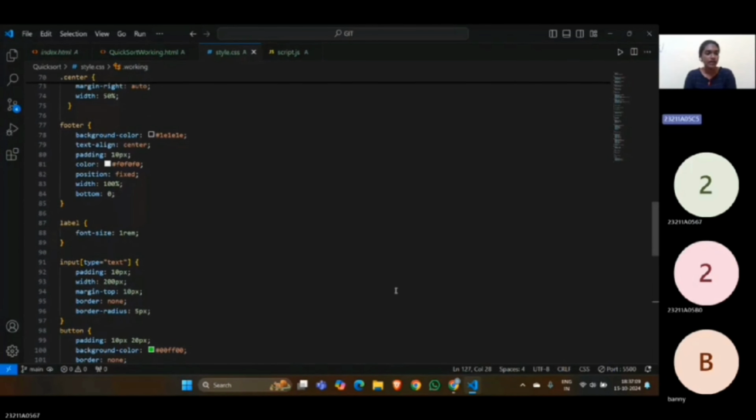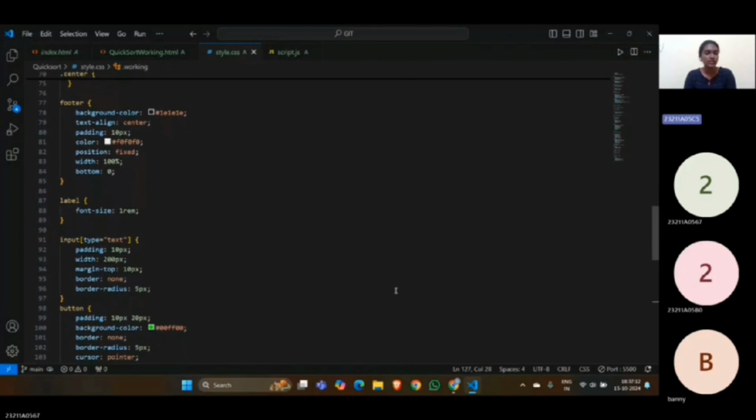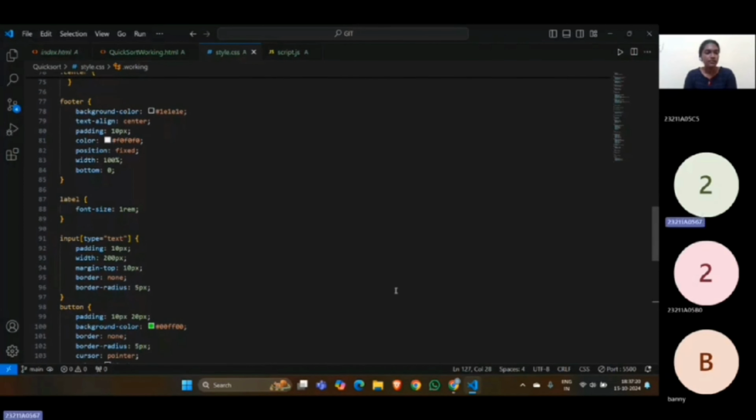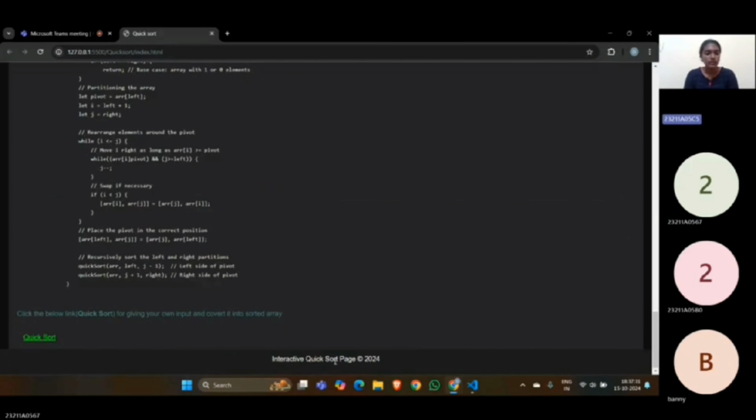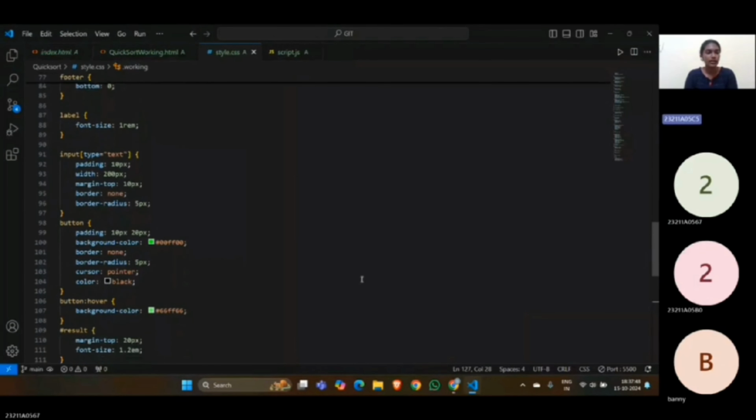Then we have set the footer background color as a black shade and text align center. So text will be displayed at the center of the footer, and padding as 10 pixel. Color of the text as white, and we have taken position fixed so that footer won't move. It will be fixed at the bottom of the page, and we have taken width as 100 pixel with bottom 0. So here you can see it is not moving as it is fixed, and the text is at the center. We have taken font size as 1 rem,